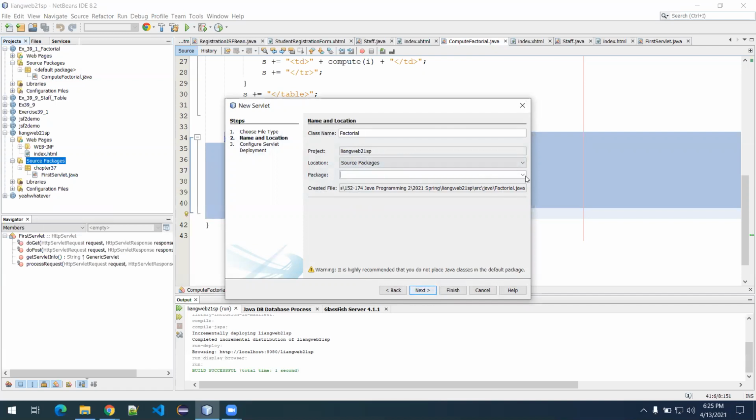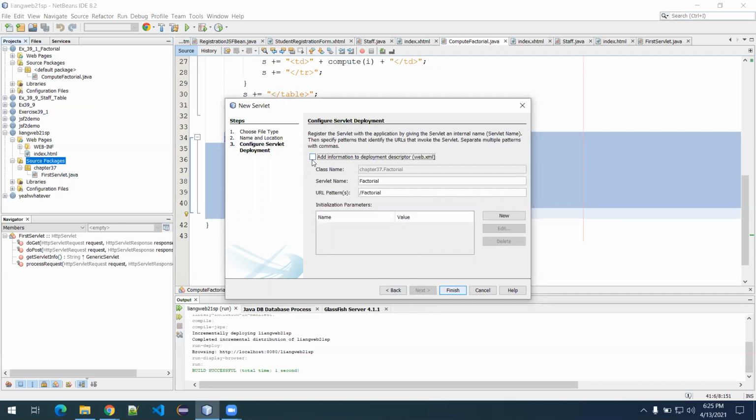And do we want to put it in the chapter 37 package? Absolutely. Okay, so the class name is Factorial. The package name is chapter 37. I'm going to go ahead and click next. We do want to add information to the deployment descriptor, the XML file, as we did before. And then we can go ahead and click